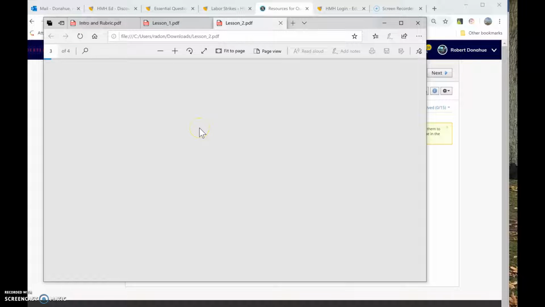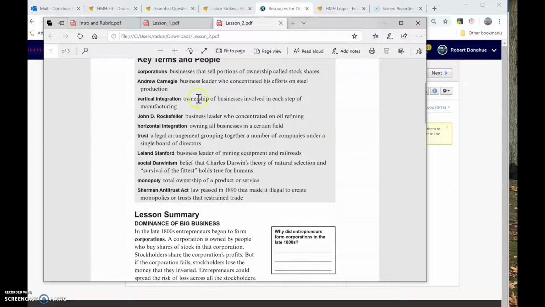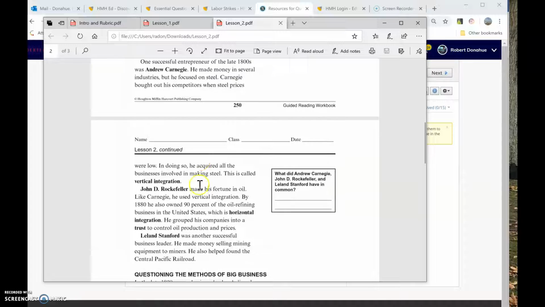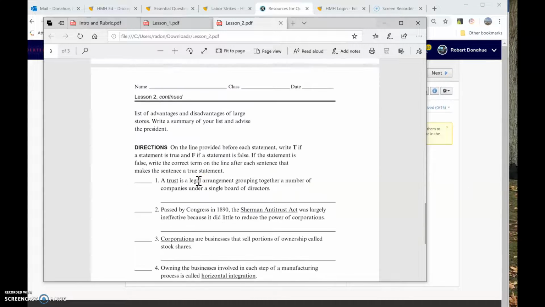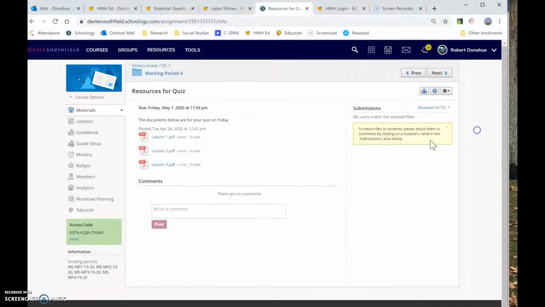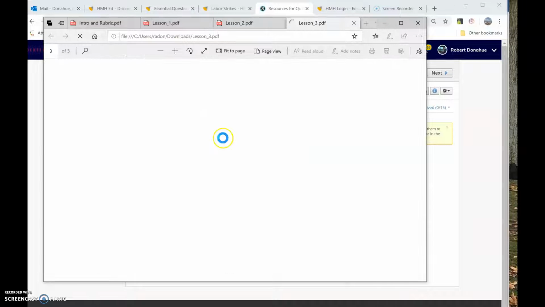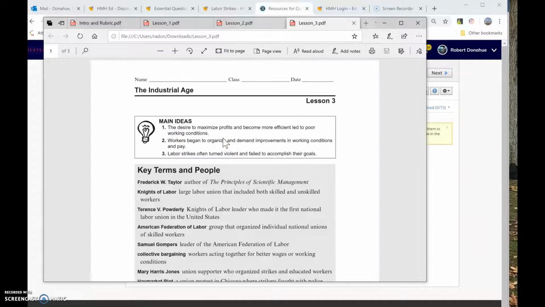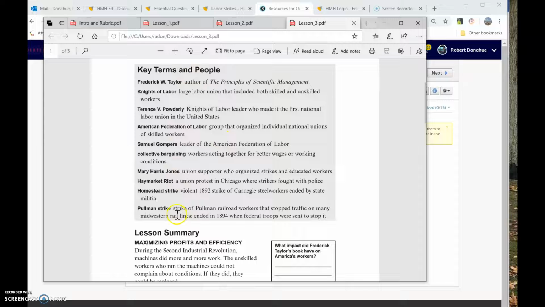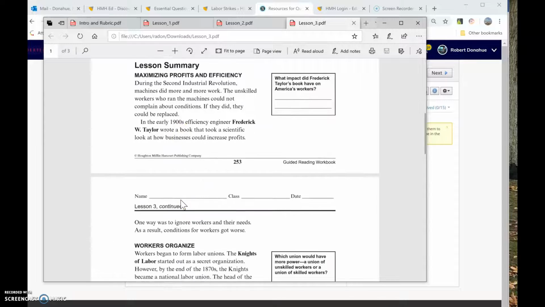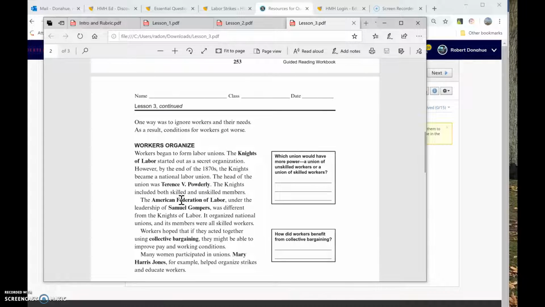So you can see if you click on that, that will take you to the main term. So everything that you need to know will be on one of these 3 sheets, and then lesson 3. So if you go through lesson 3, after you finish today, this will get you up to all the things that we need to know for the quiz. And then we'll do a review tomorrow in class, and then you'll have some other resources that you can use to review for the quiz.